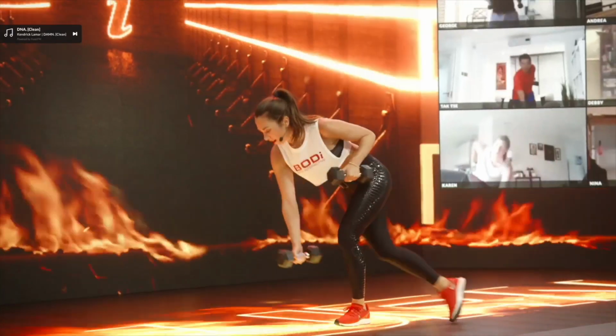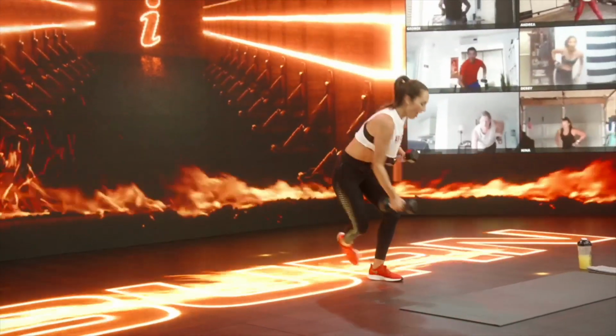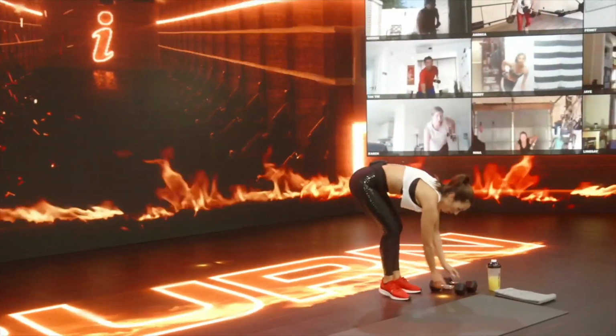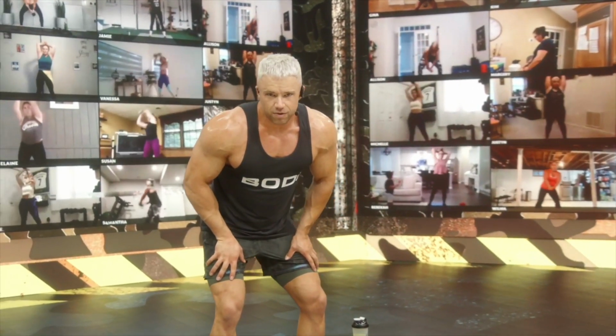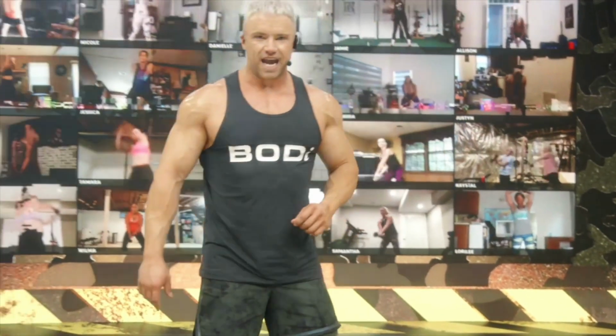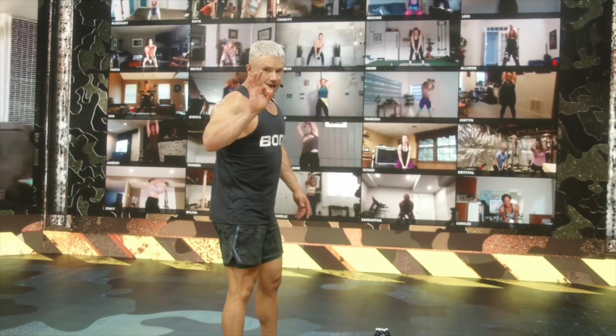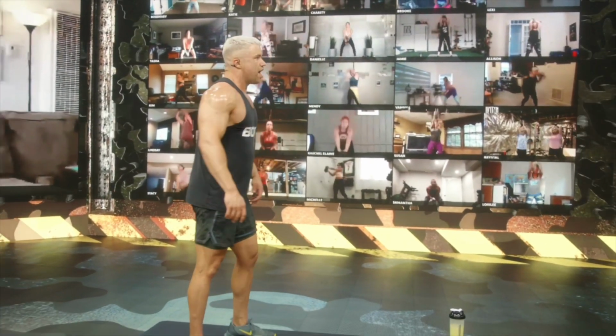Like, the whole room must be behind a giant green screen, because sometimes they're working out in this giant flame room. Other times it's like in this water room. It's all the same room with different video production. The camera's moving in and out. And there's a huge podium oftentimes in the back showing a bunch of people who are doing the workout live with you. And the coaches do a great job at kind of interacting with the camera, talking to you about